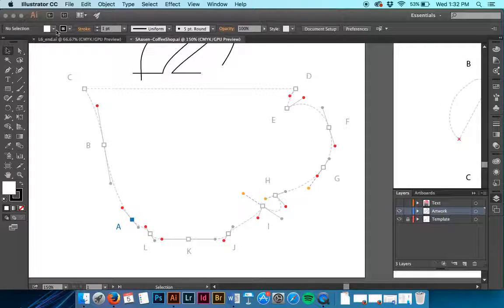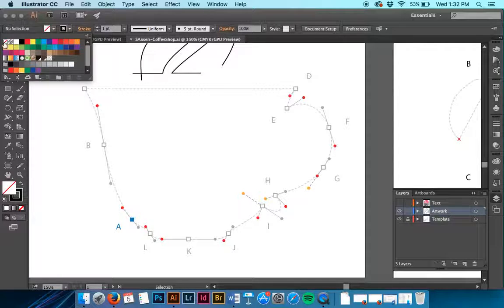In our control panel, we want to make sure our fill is none. Because we're creating a closed path, and there are open paths and closed paths. Open paths are like lines, the spirals, pen shapes. And when you have a fill, it makes the object you're creating very different. When you're doing a closed path is when you want that fill, just like when you're creating a rectangle or a circle. So there are open paths that don't connect to each other. They're lines. And then there are closed paths that connect back into each other, where those anchor points meet, and those are going to be